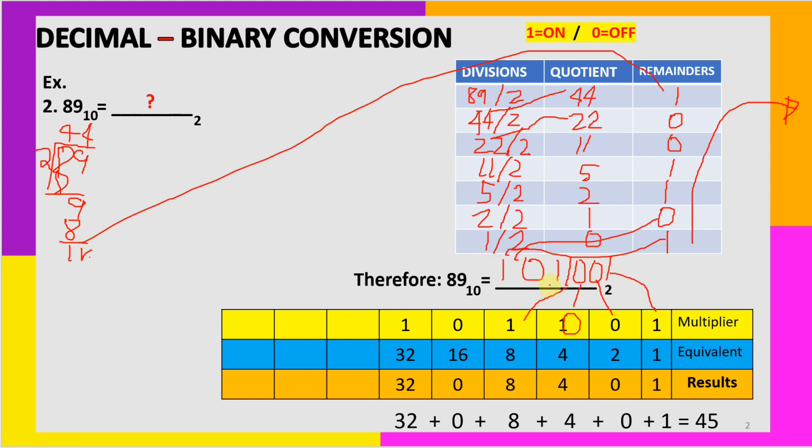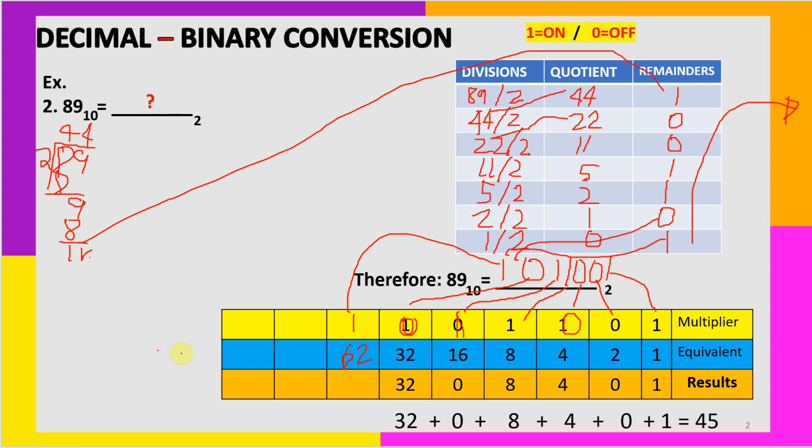Check. Next digit is 1. And next is 0. Next is 1. In this case, we will write here 32 times 2 is 64, because